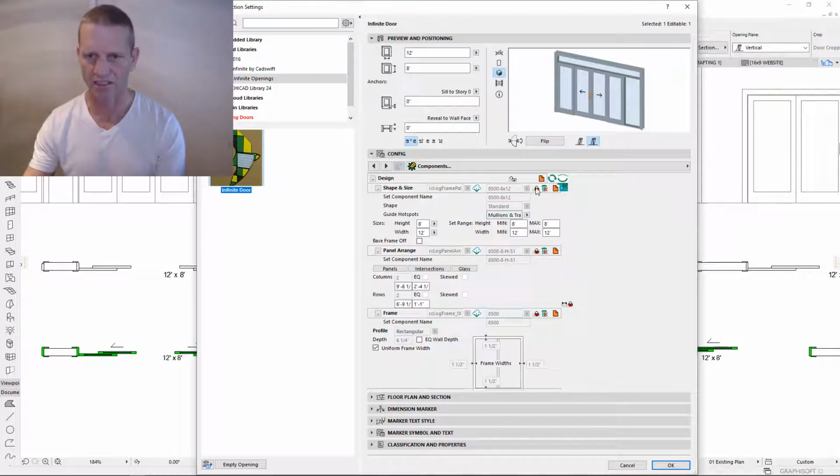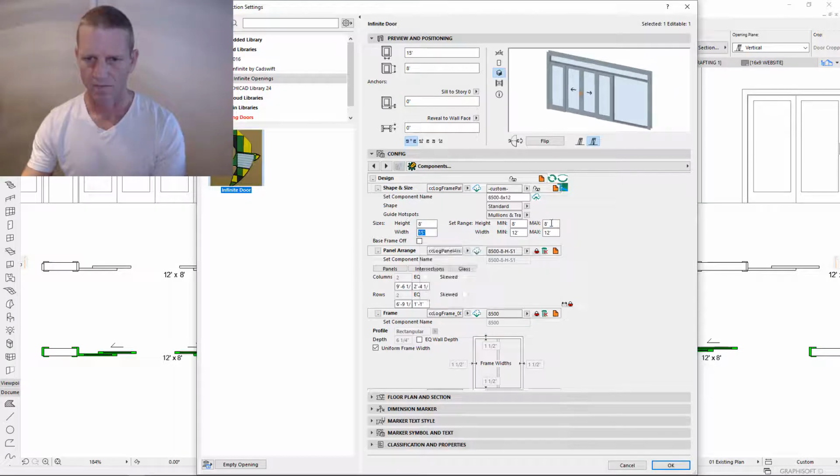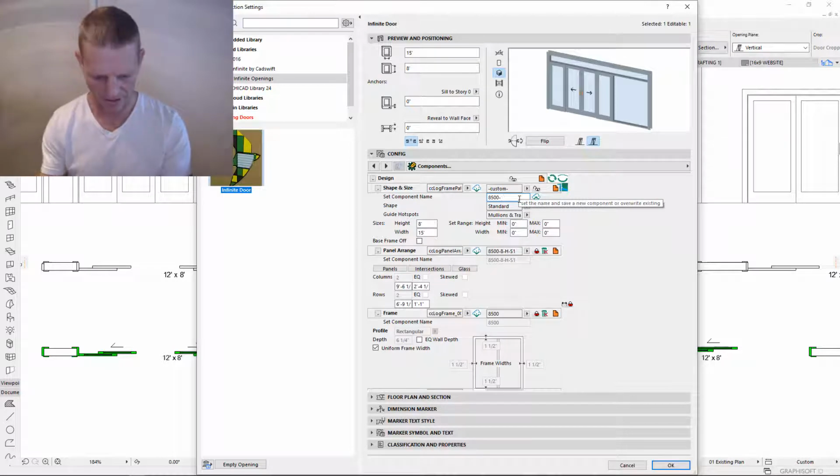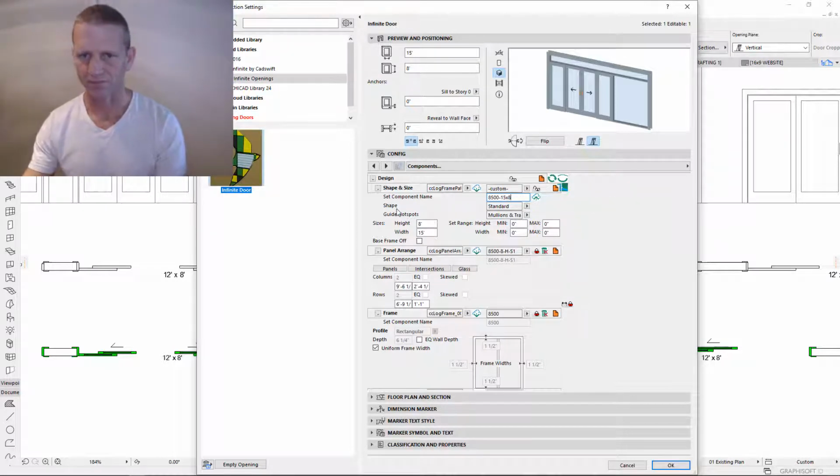Now we need to adjust the shape and size of this element. This is going to be 15. Okay, we'll just set all these to 0 so we don't have mins and max. And we'll save this as 8 by 15. Oh, actually it's supposed to be 15 by 8, isn't it? I'm going to have to change that other one. Upload,